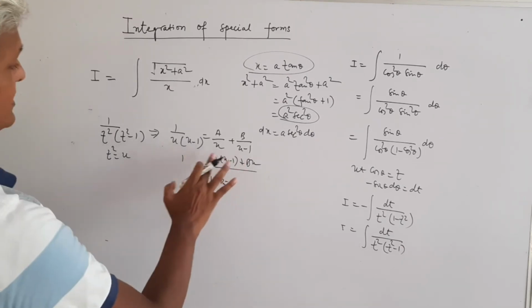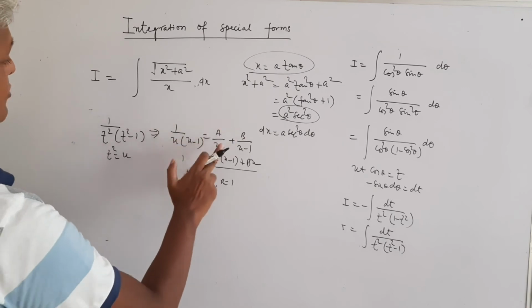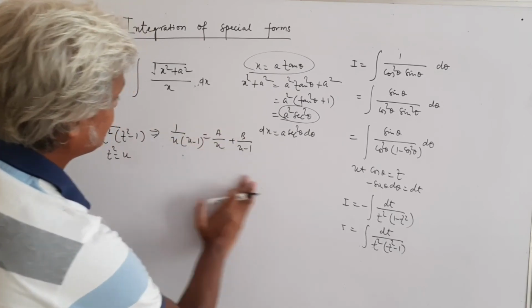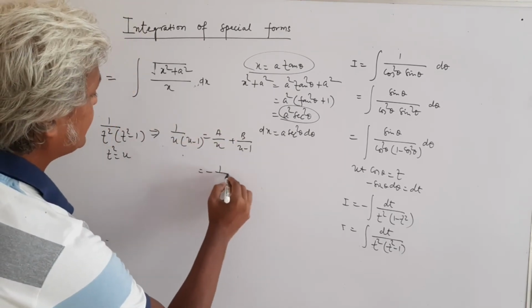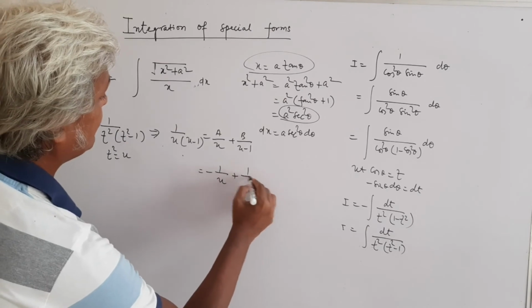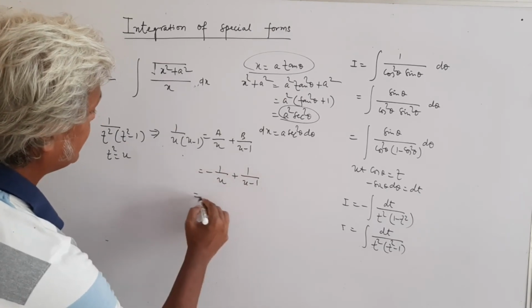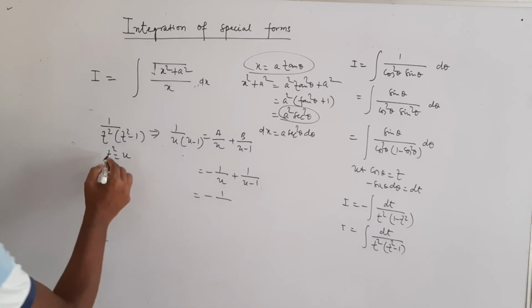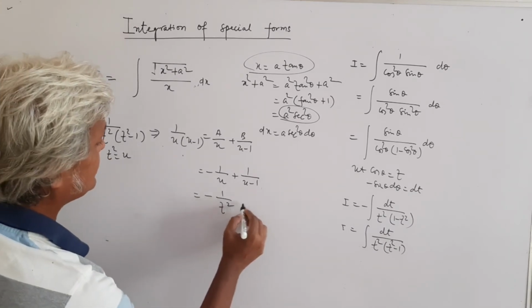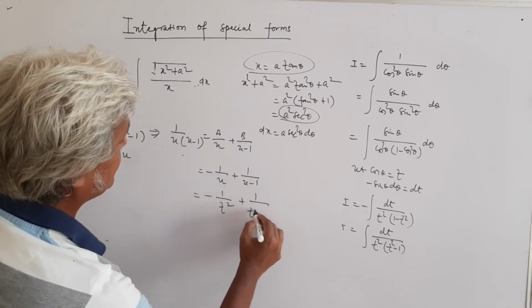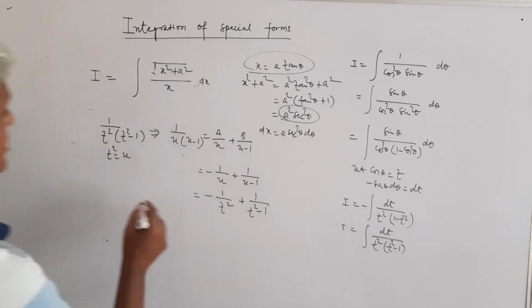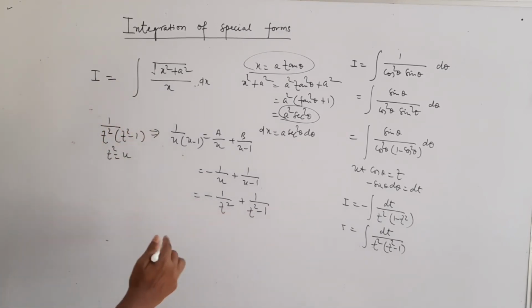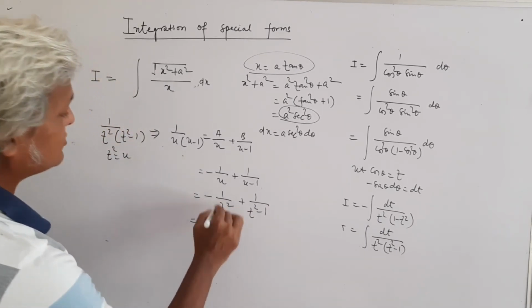So this expression becomes minus 1 over u plus 1 over u minus 1. What is u? u was t square. So this is minus 1 over t square plus 1 over t square minus 1. So I integrate both of them with respect to t. So integration of minus 1 over t square,